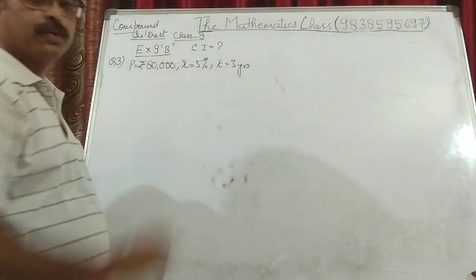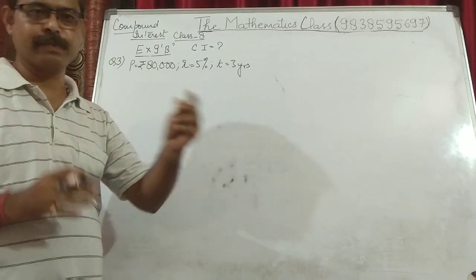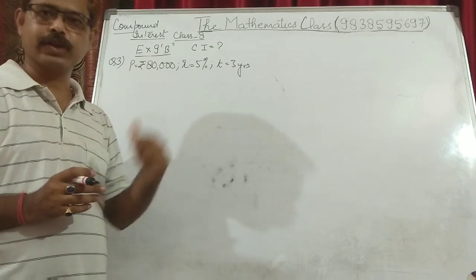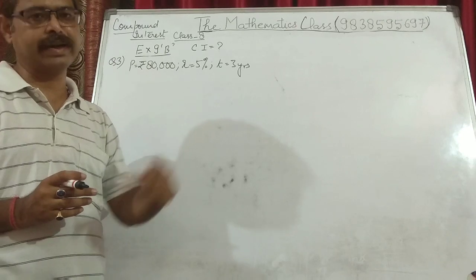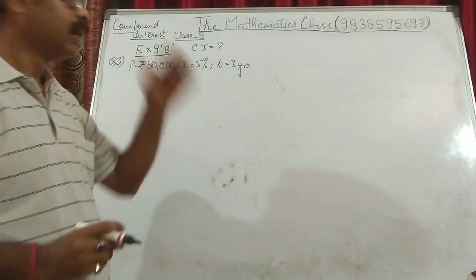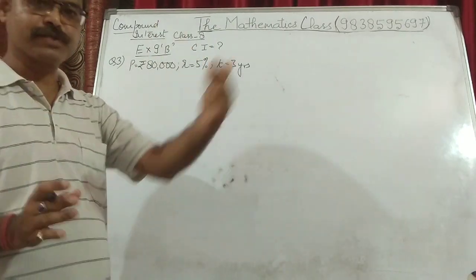So again what we will do, we will find the interest of the first year, add it to the principal of the first year, and it will become the amount for the first year. That amount will become the principal for the second year, again the same process, then we will get the amount for the principal for the third year, again the same process. Means we have to use this formula of simple interest 3 times because it is given 3 years. So 3 years will be broken into 1 plus 1 plus 1.